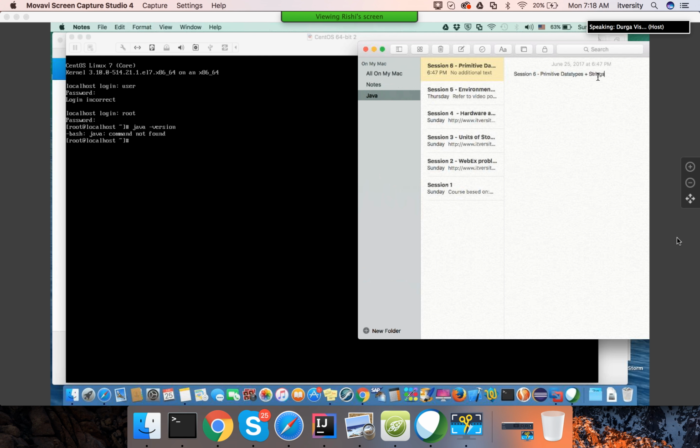Let us start with data types. As part of this session, we will also try to see how to create variables using data types, and also typecasting and type conversion. That being said, I will be using Rishi's laptop itself